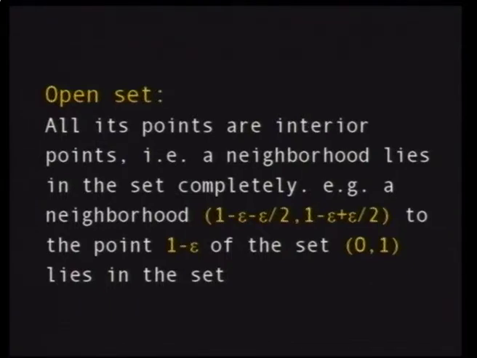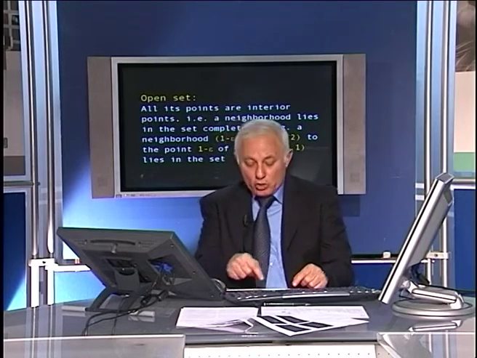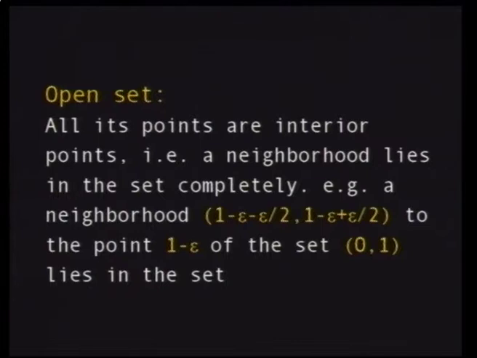In an open interval, any point that you choose, for example, equal to 1 minus epsilon, this is an interior point. Why? Because if you take any deleted neighborhood, like for example of radius epsilon over 2, the extreme point of this neighborhood is 1 minus epsilon over 2, and it's less than 1, so it's an element in the set. So I call a set open if all its elements in the set are interior points,